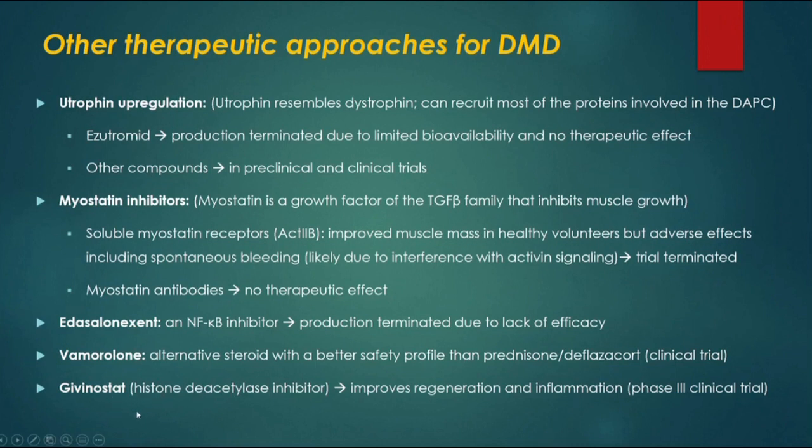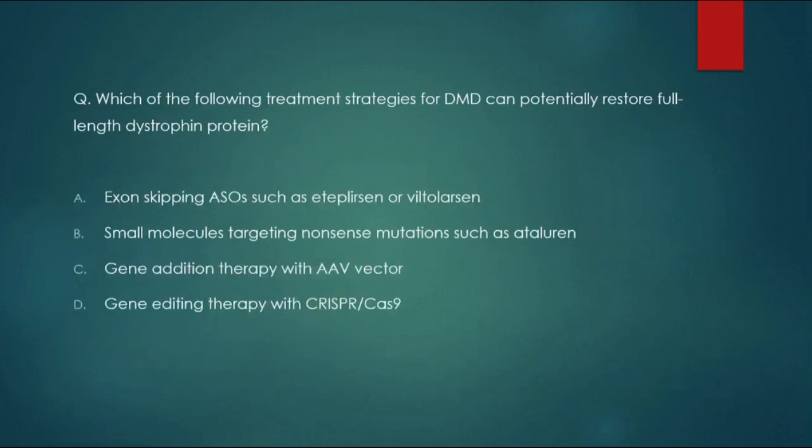Givinostat is also under study. It's a histone deacetylase inhibitor, and it improves regeneration and inflammation. It is under phase 3 clinical trial. So just to let you know that there are many treatments on the horizon that are being developed for Duchenne muscular dystrophy patients. So my second question is, which of the following treatment strategies for Duchenne can potentially restore full-length